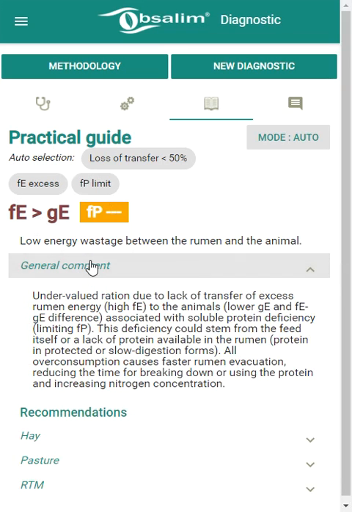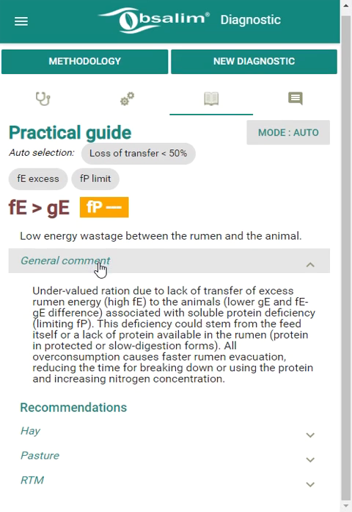The general comment gives you a general explanation on the diagnosis, and you can also read and choose recommendations regarding the system, according to the production system you have, either hay, pasture, or RTM.